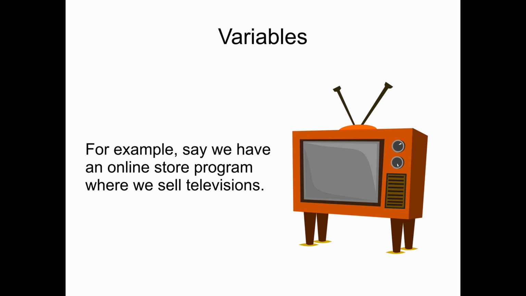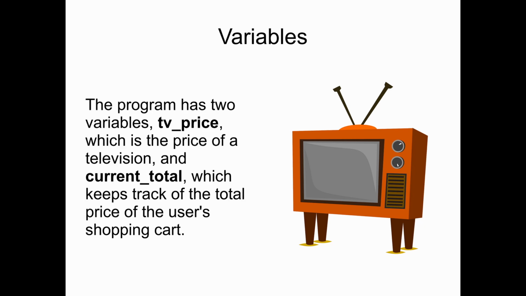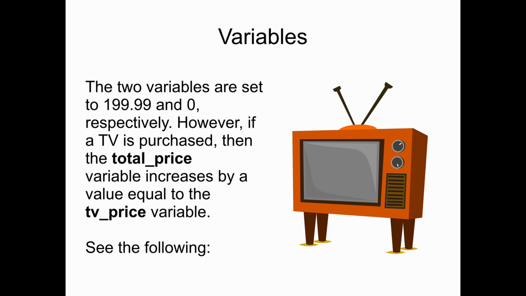For example, say we have an online store program where we sell televisions. The program has two variables, TV price, which is the price of a television, and current total, which keeps track of the total price of the user's shopping cart. The two variables are set to